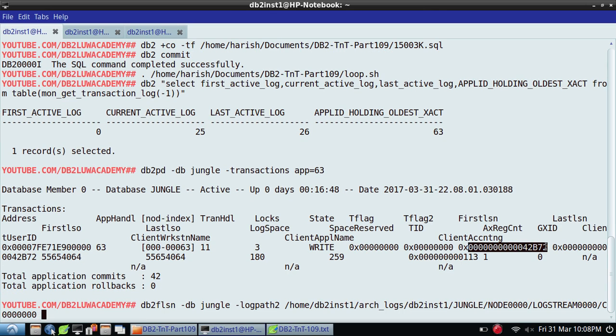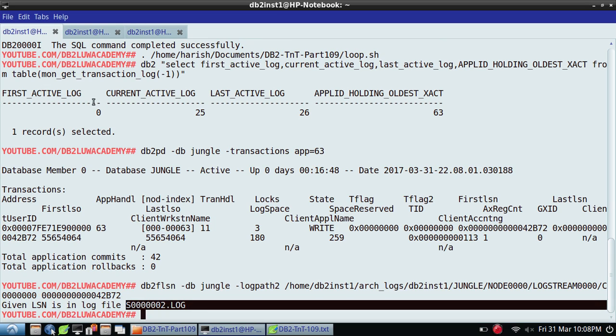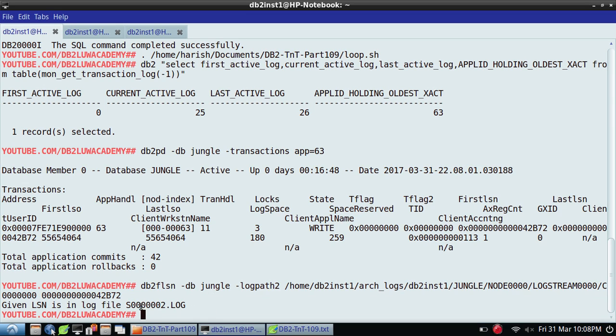So you got the old application ID, from there you got the transaction, from the transaction you get the first LSN and you provide that LSN number here. So S002.log. So even though your first active log file is 0, current log file is 25, the backup image, if I run, it will include from 2.log. That is what I'm saying. So from 2.log everything will be included, even though